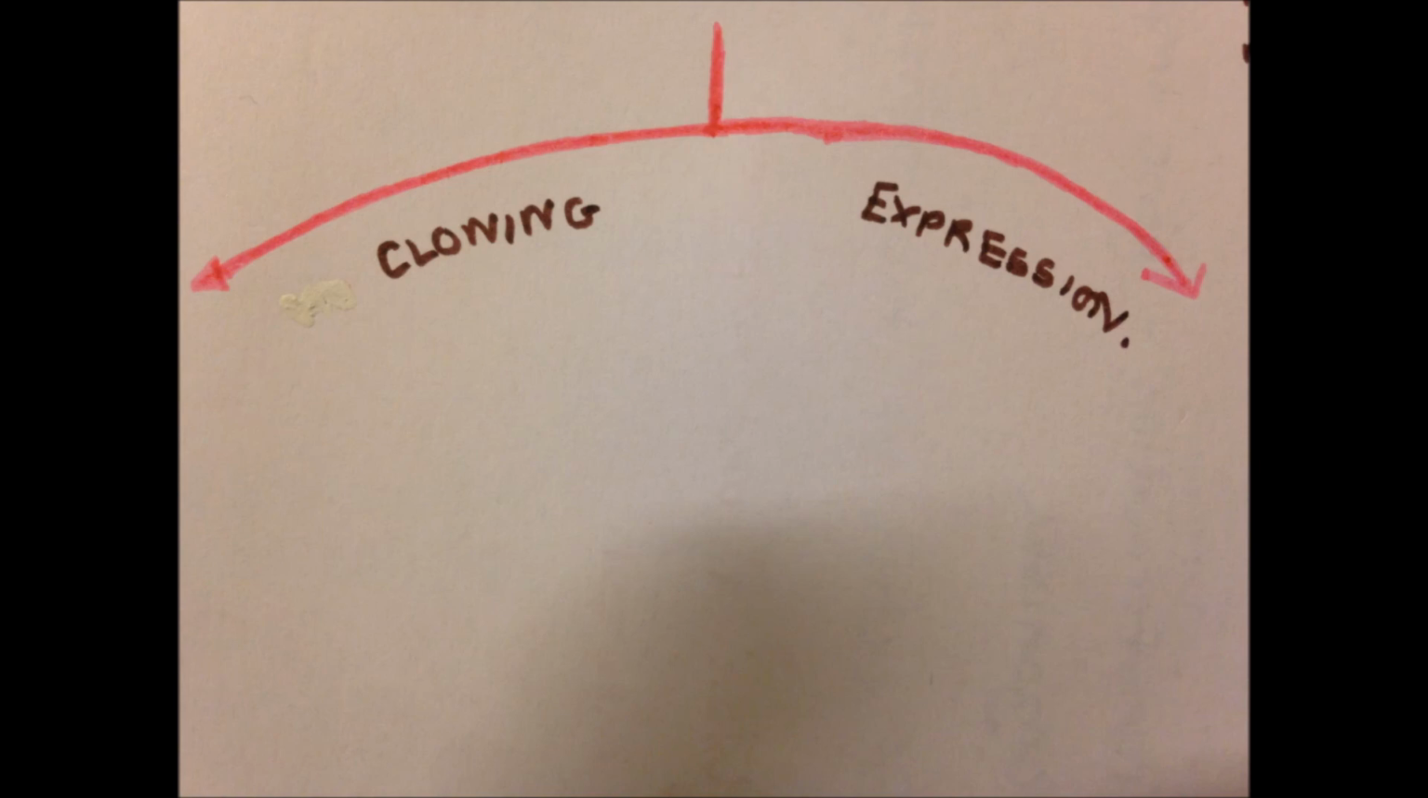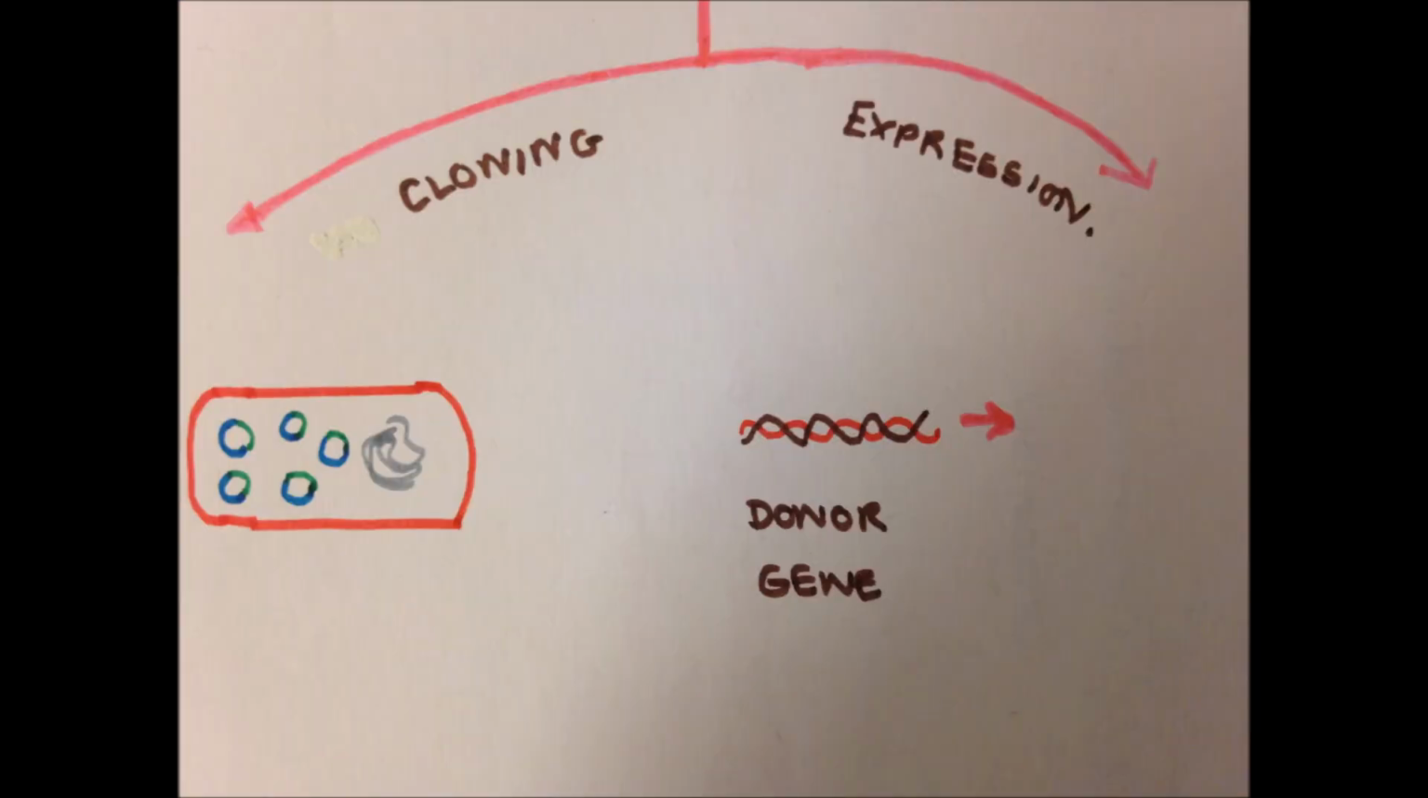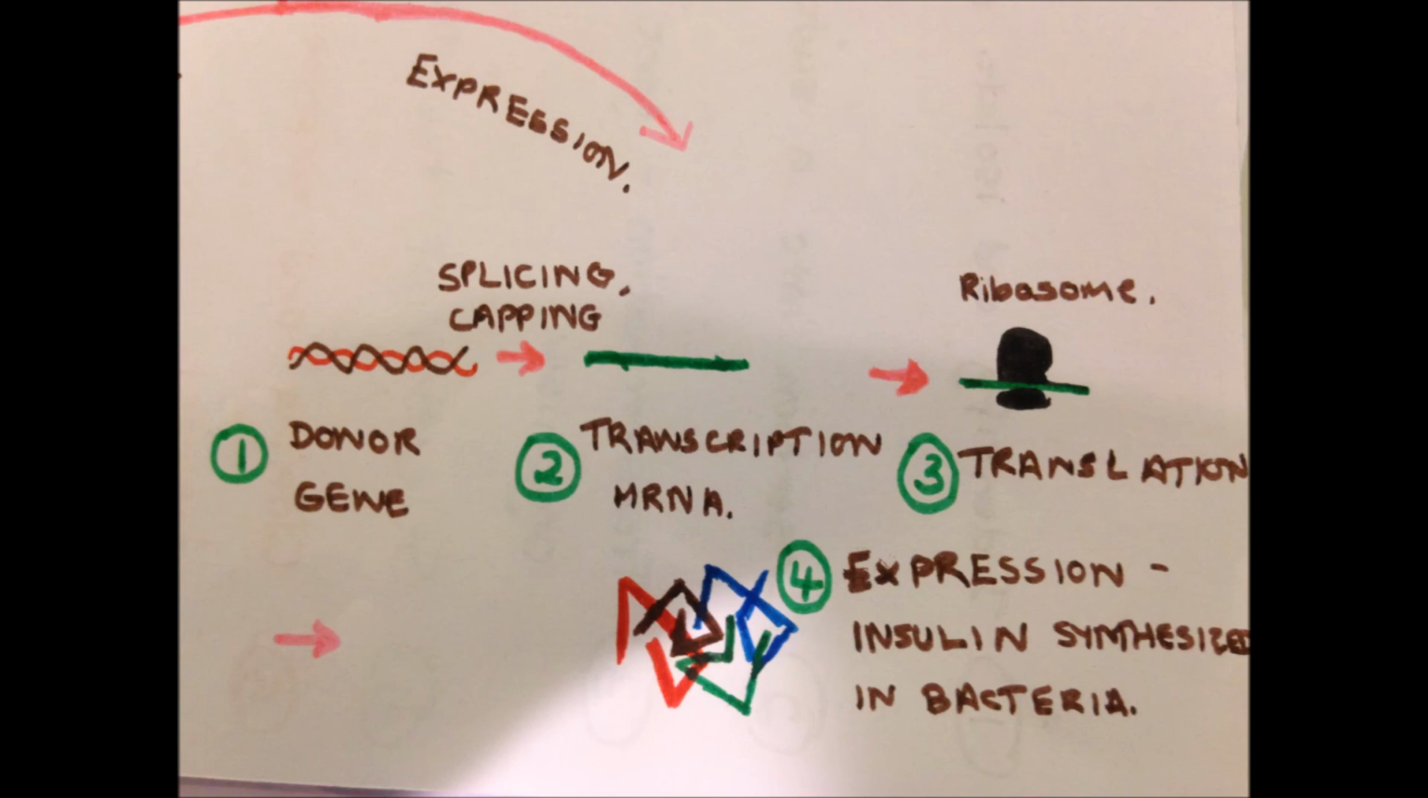Cloning occurs, and also expression. Cloning is when multiple copies of the rDNA molecule are produced. Expression. Donor gene undergoes transcription and translation to produce